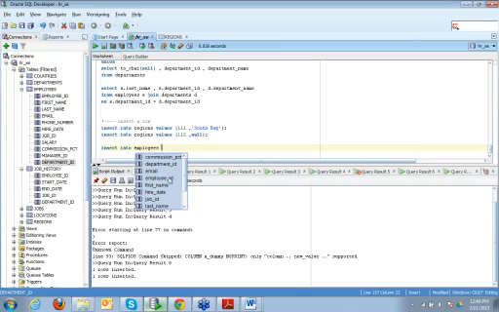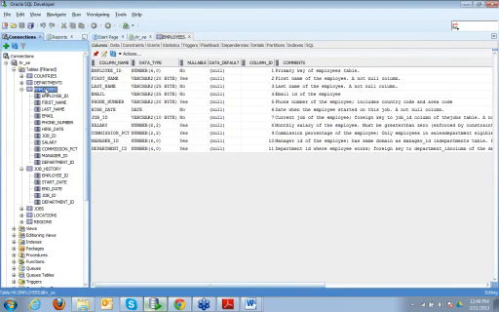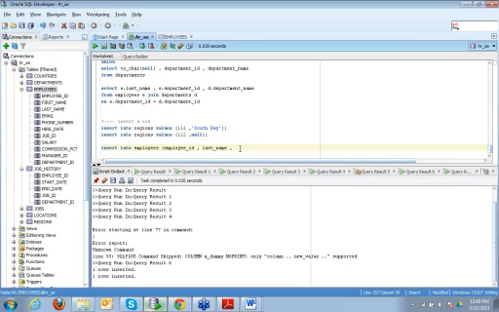So I can write, let's say, employee ID and last name. Let's see what are the various not nullable values: employee ID, last name, email, hire date, and job ID. These cannot be null. So whenever I'm inserting, I have to ensure that I provide values for these.